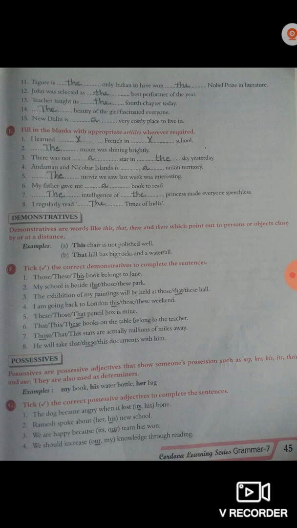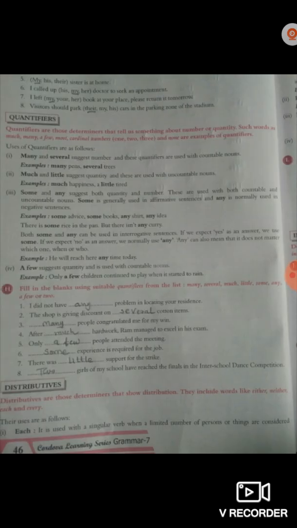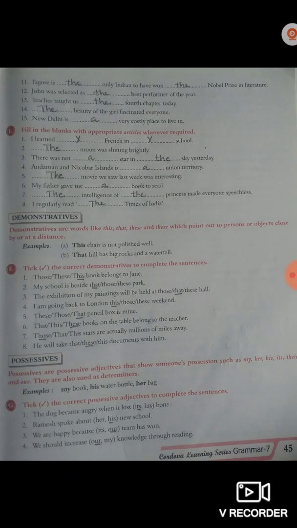Thirteen number, teacher taught us the fourth chapter today. Fourteen number, the beauty of the girl fascinated everyone. Then fifteen number, New Delhi is a very costly place to live in.